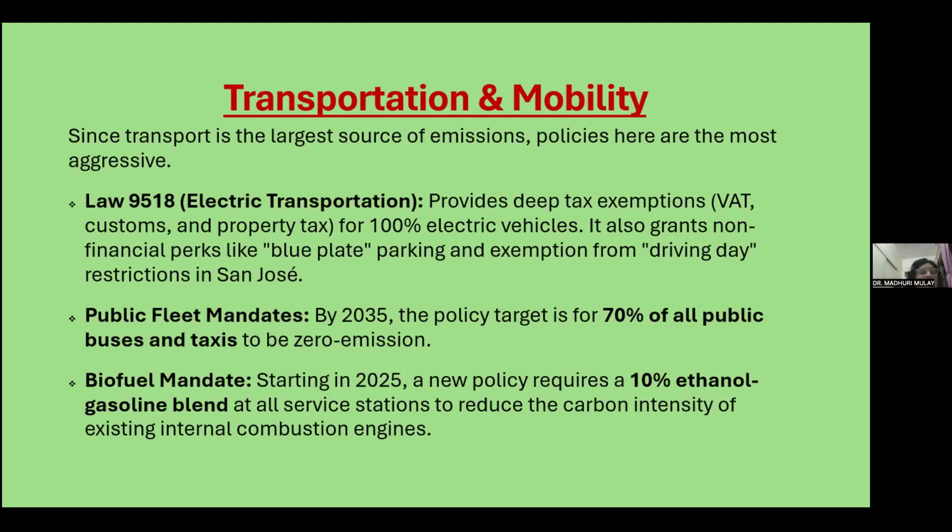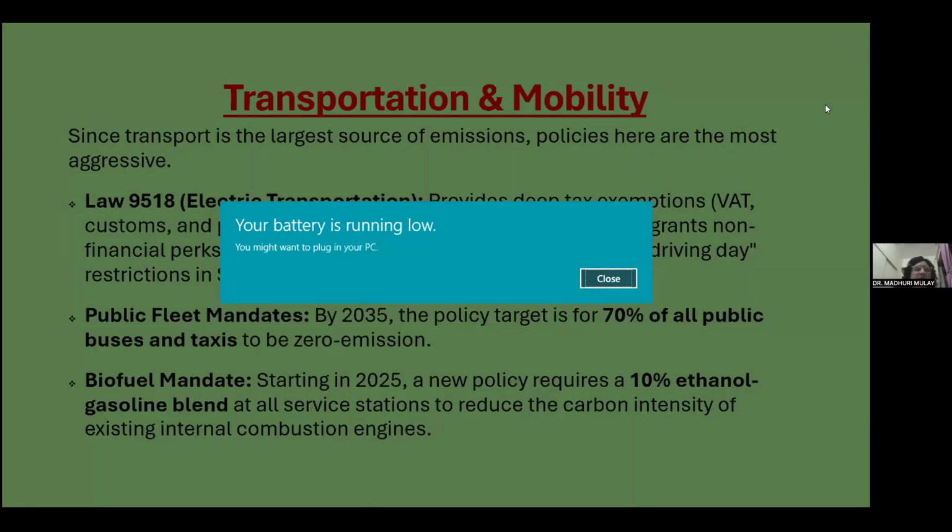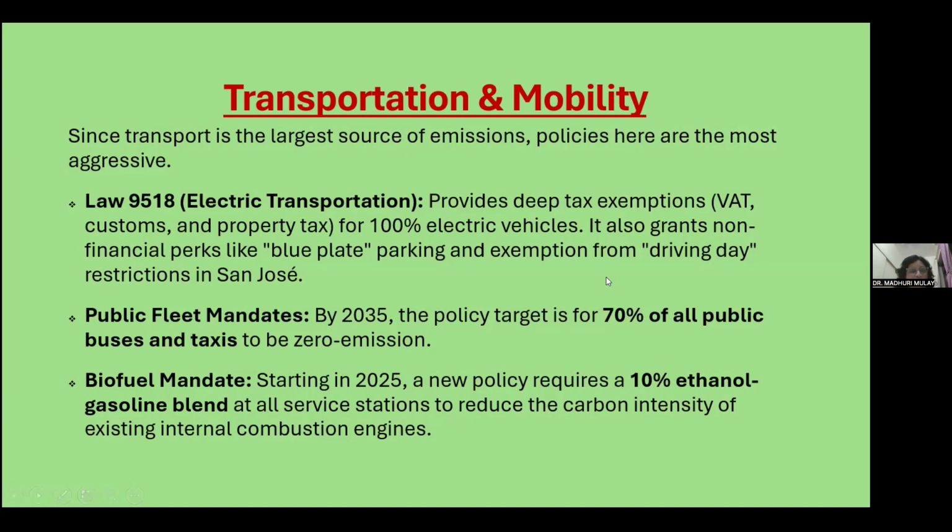So for transportation and mobility, since transport is the largest source of emissions, policies are more aggressive. Electric transportation provides deep tax exemptions, VAT, customs, and property tax, for 100% electric vehicles. It also grants non-financial perks like blue plates, parking, and exemption from driving day restrictions in San Jose. Public fleet mandates by 2035: the target is for 70% of all public buses and taxis to be